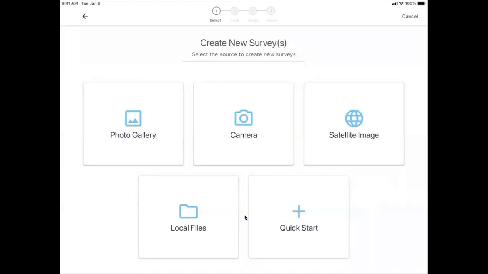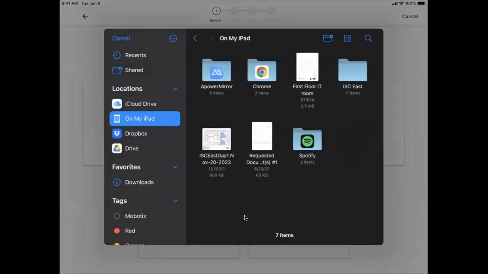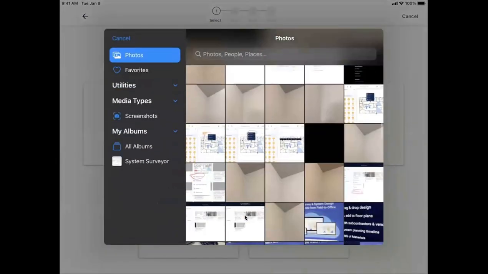The other options, aside from the local files, accessing Google Drive, and satellite image, you will need internet access to access them and create your floor plan. However, the photo gallery, camera, and quick start, as well as if you're accessing your local files but you're using the On My iPad section, will allow you to access those and create this survey while offline. So I'm going to go ahead and use the photo gallery to bring in my floor